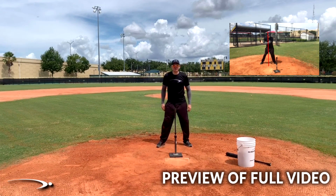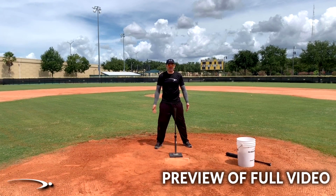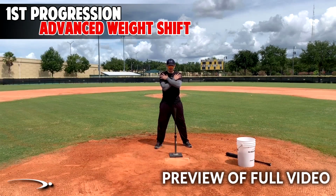But the first thing we need to do, guys, is we need to rep this out and make sure that we can definitely get the weight transfer that we need. So we're going to put our arms across our chest. We're going to get at least 100 repetitions